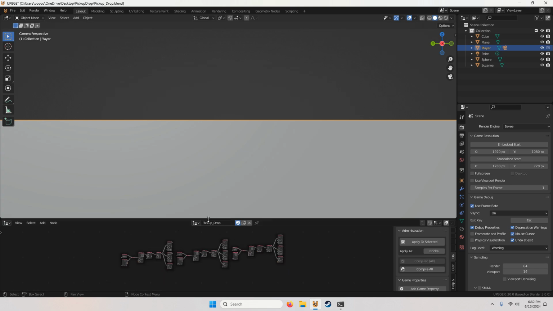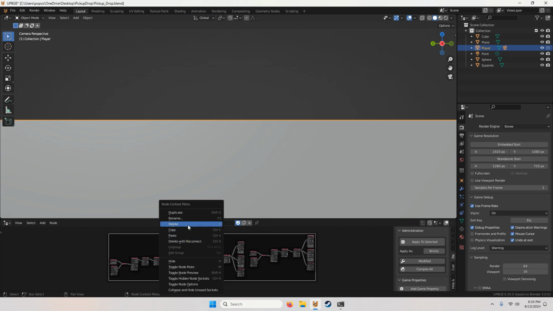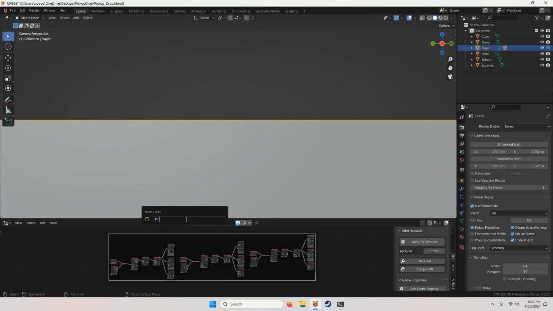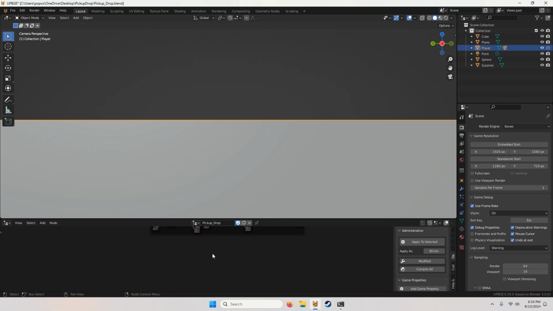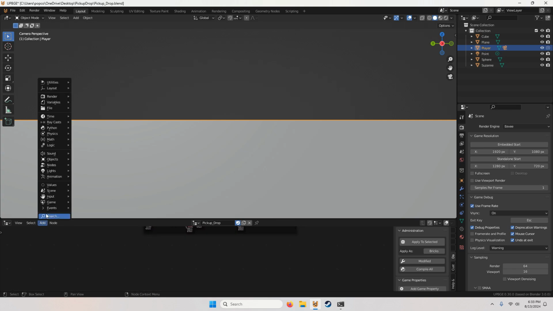So now that we have the pickup logic, we'll need our drop logic. So let's select these nodes and Control J to make a frame for them and call this pickup. And now we can get started on our drop logic. So we'll need an input.